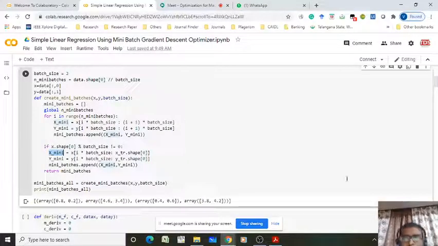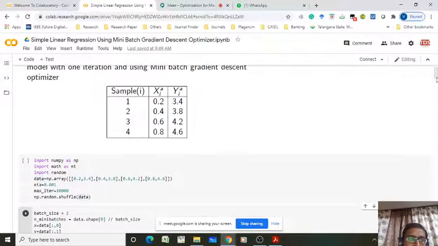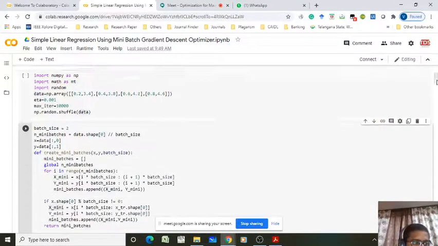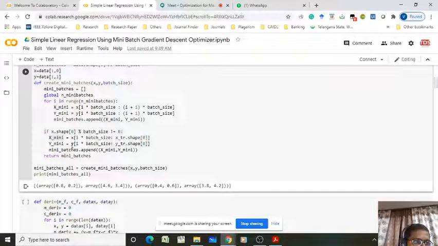So 0 to 3 means 0th index, first index and second index, all will go here. Whereas here, the remaining part, up to the last sample, from 3 to 4, whatever the remaining may be, 1 or 2 or any number, those will be appended into the x mini. Right, fine.